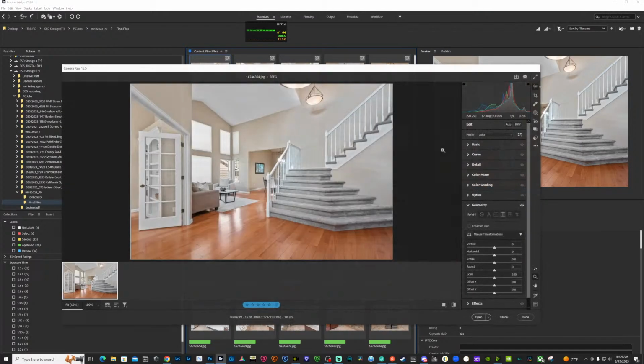I'm just gonna make a slight adjustment to this to take the scale in a little bit so we chop off the edge.